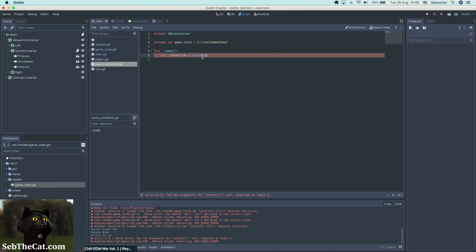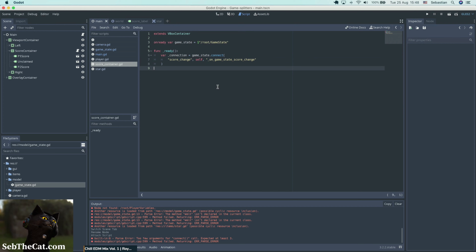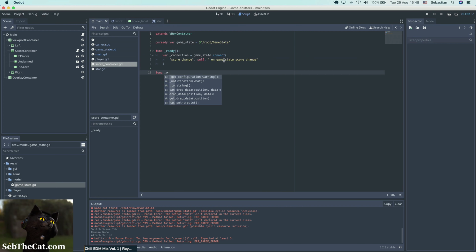And so we want to connect the game state event signal of score change to ourselves, and we care about on score, on game state score change, and let's just format this nicely. Cool. And then we need to write that handler, so that's going to be equal to